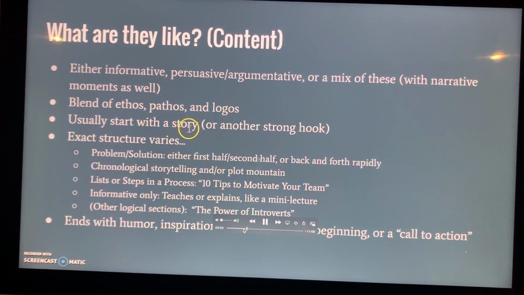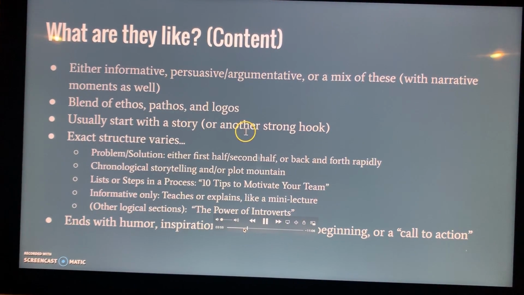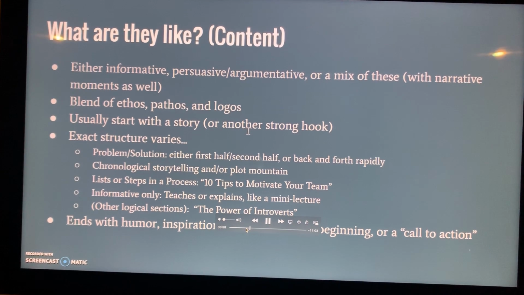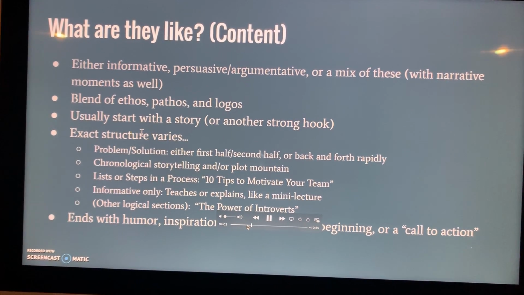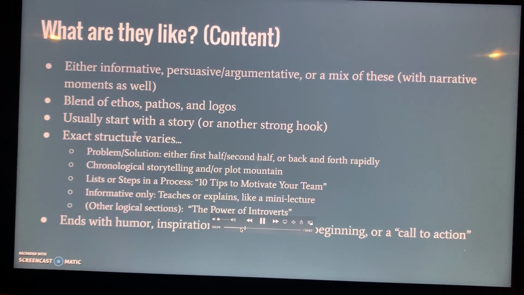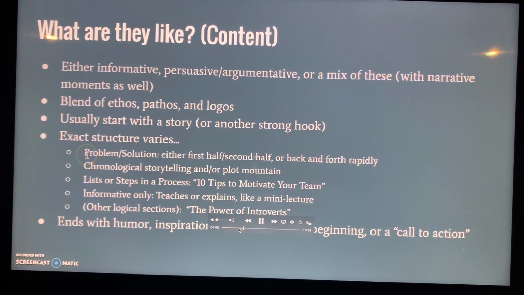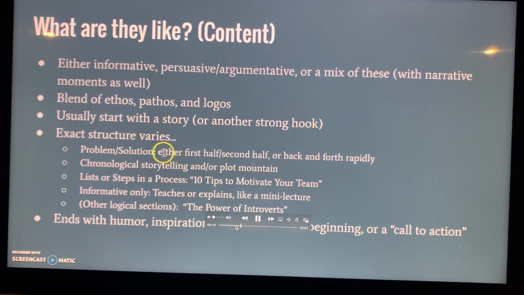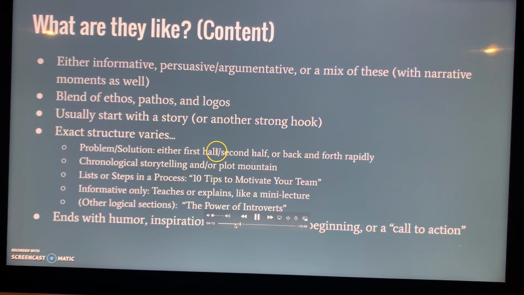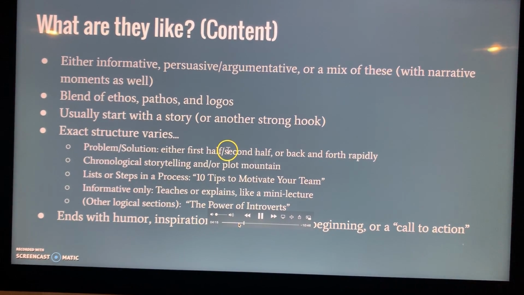But the thing that's really interesting about TED Talks is the exact structure varies. It could be problem solution, which we'll talk more about in detail. It could be a chronological storytelling. It could be lists or steps in a process. It might be informative only, which would be like a teacher talking about a subject, kind of like a mini